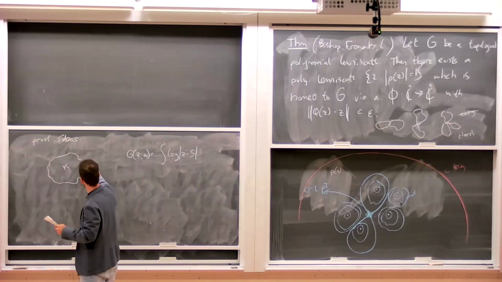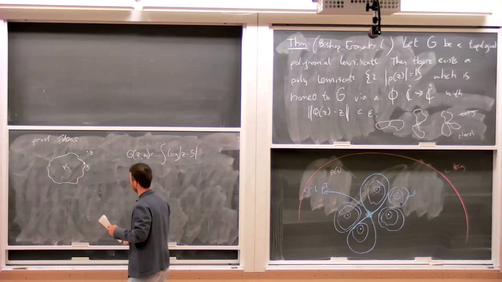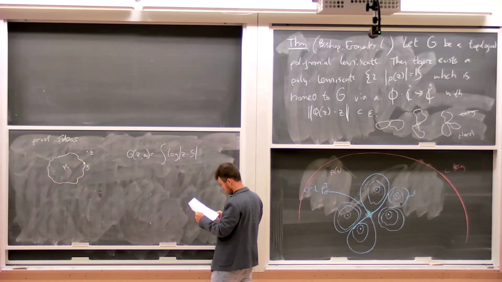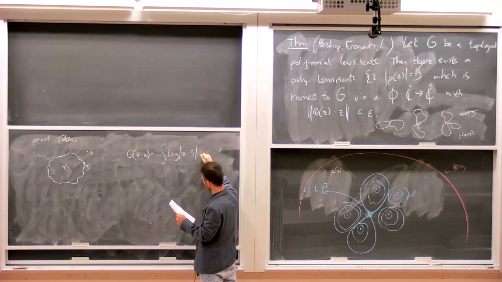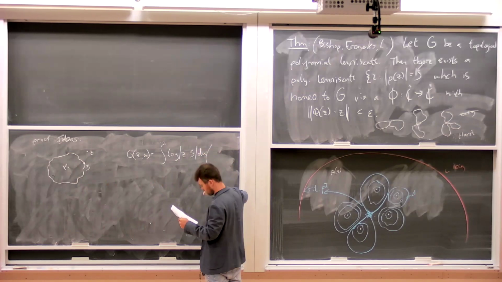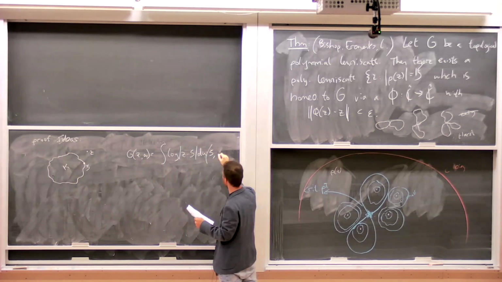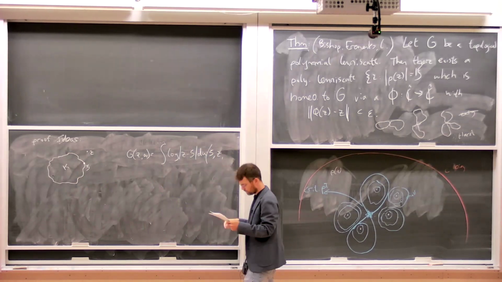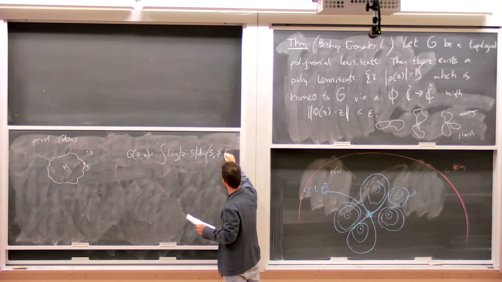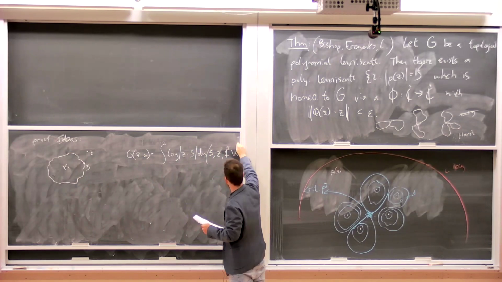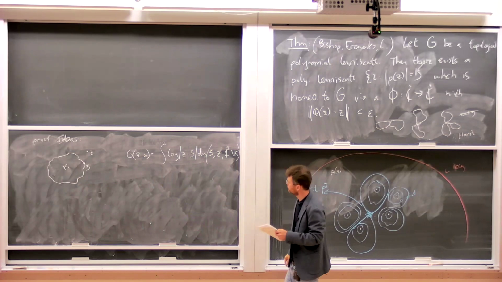Zeta is on the boundary of K. Z we're thinking of as being off K. Log mod z minus zeta integrated against harmonic measure. There are some competing notations here. The variable of integration comes first. The point where harmonic measure is based comes second. And for the complement of this compact set,